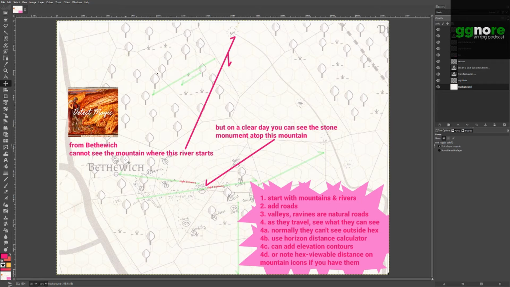I think a 1/6 chance of getting lost, which I think is what it is in BX, is not unreasonable. If anything, that's a little strict or a little harsh, but it's a decent guideline, as we would expect. But if they were to go northeast here to this hex, immediately to the northeast of Bethwitch, you can see up to the north, there's really not any way to guide them, and they would just be wandering blindly through the forest. And that could be interesting or could not be.